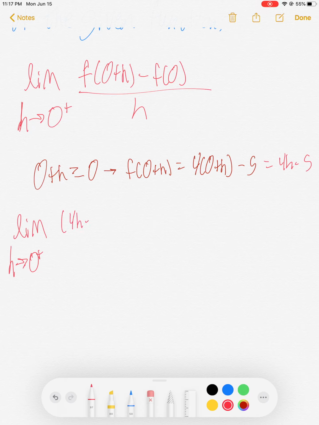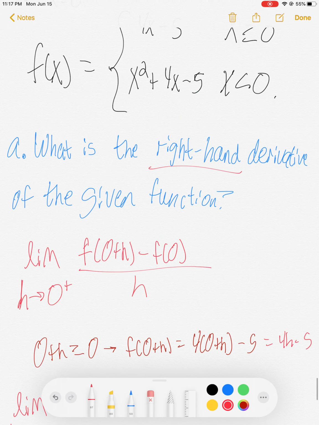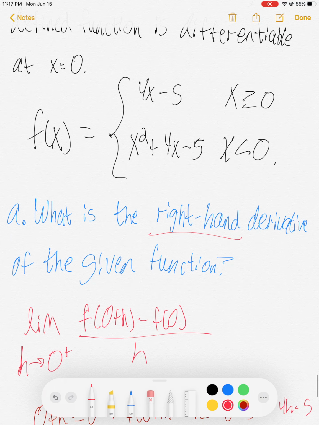So it's going to be f of 0 plus h, which is 4(0 + h) - 5. Okay, so what we want is the limit as h goes to 0 from the positive side of 4(0 + h) - 5. Well, that's just 4h - 5, isn't it? Yeah, so this is going to be 4h - 5